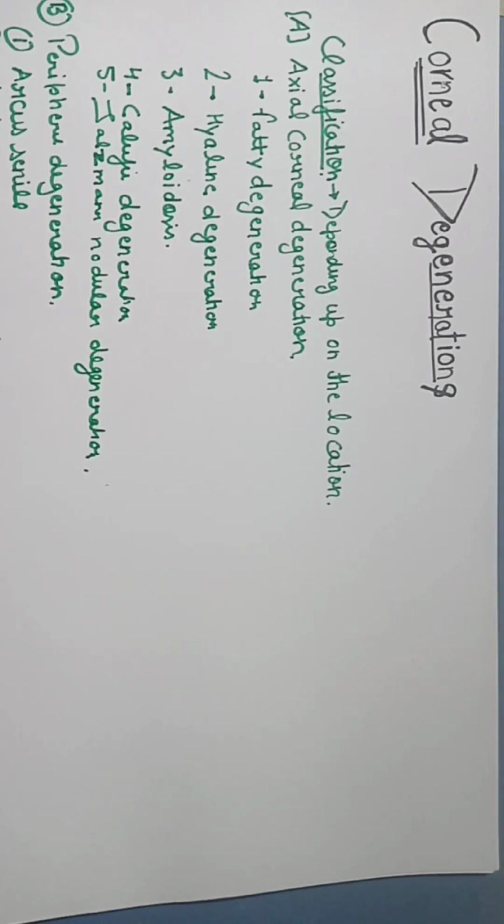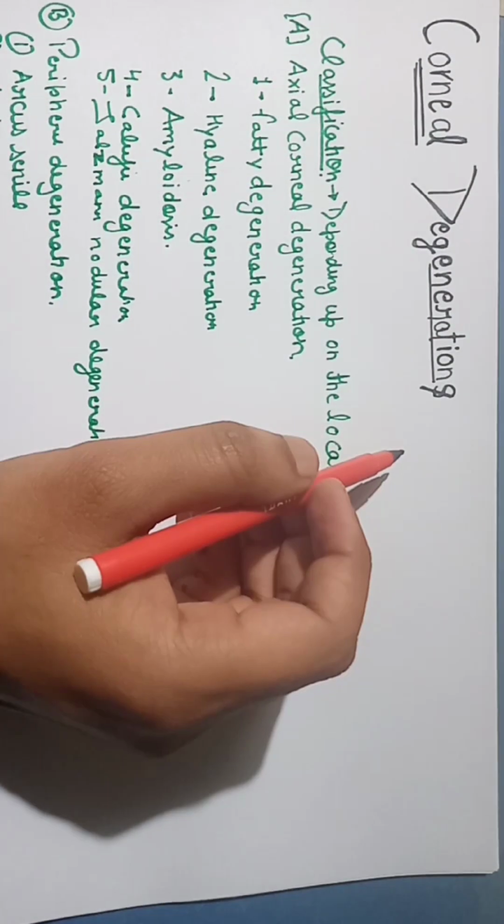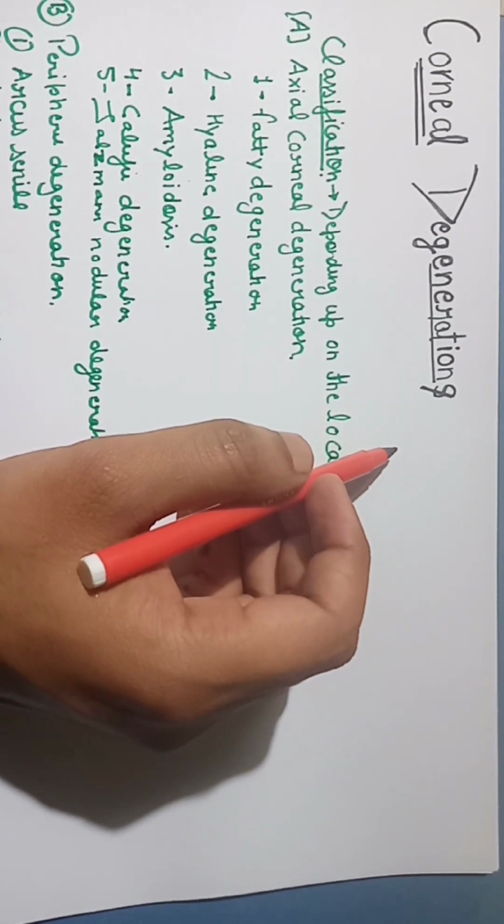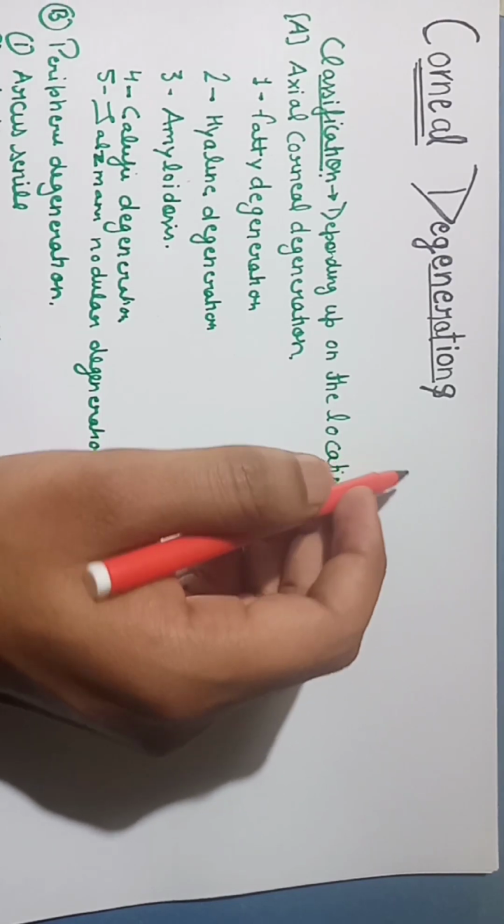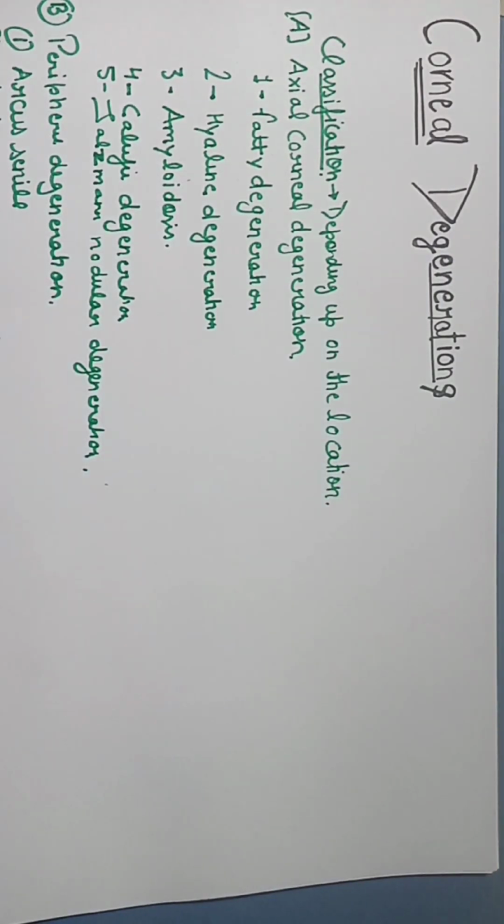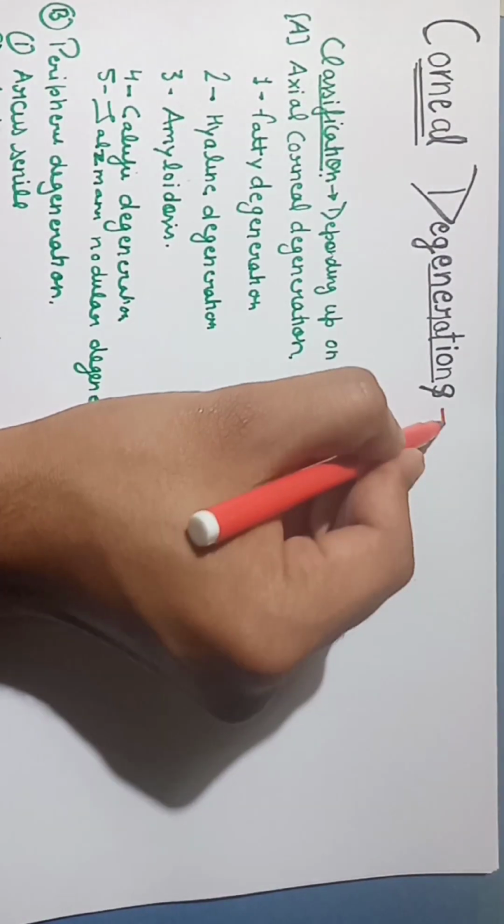Good morning, friends. Today we will learn about corneal degeneration. It is the condition when the normal cell undergoes changes due to age or any other pathological condition. So that is called corneal degeneration. So we write here,